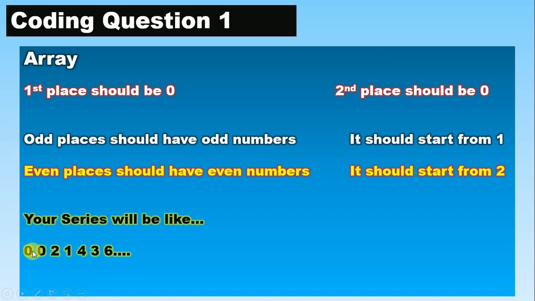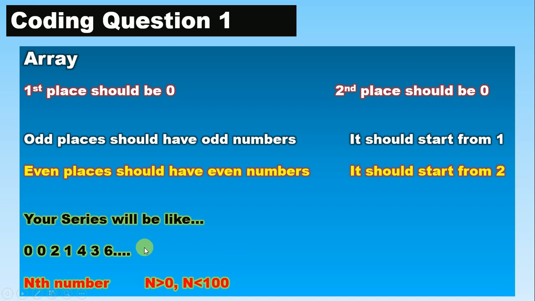So this will be your series, and in this question you are expected to print this series, and n is the number of terms that are to be printed in the series, and n should be greater than 1 and less than 100. So you may be asked to print this series from 1 to 99. The user may enter any value of his own choice.